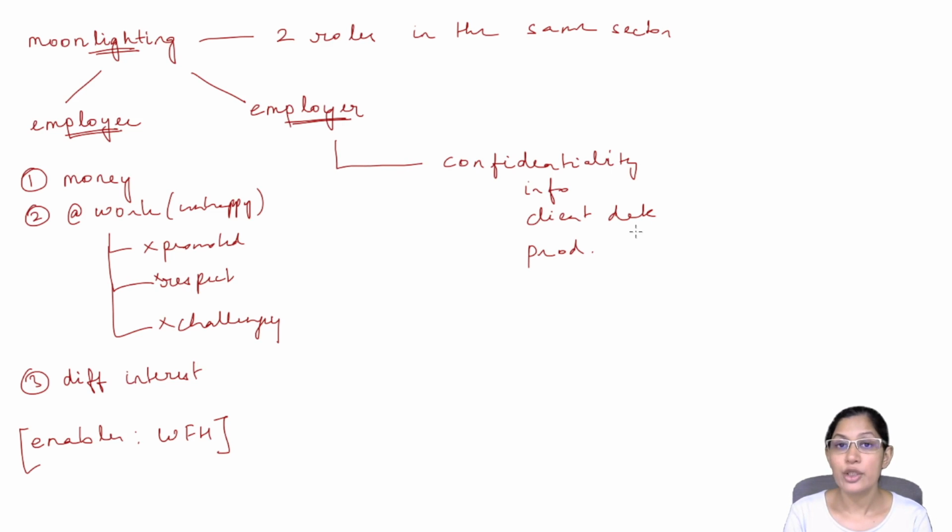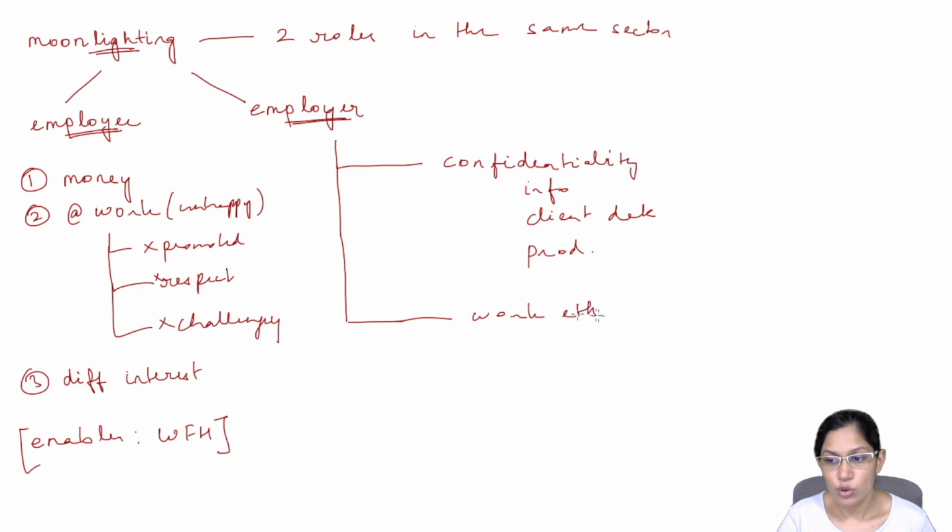If someone's working in two companies, and one of the companies is working on a project which is not out in the open, this employee could theoretically go to the other company and say that hey, let's also pitch to this client. Or aside from that, of course, you have the entire work ethic itself, because most contracts will say that you cannot work in more than one place. So the fact that you're probably hiding it and working, that is something. Your performance itself is something which won't be great, because you are essentially working in two companies, so you're not giving your full time to this one company.